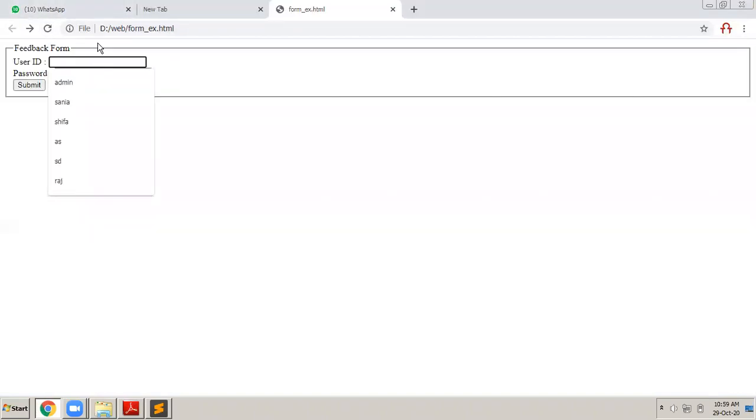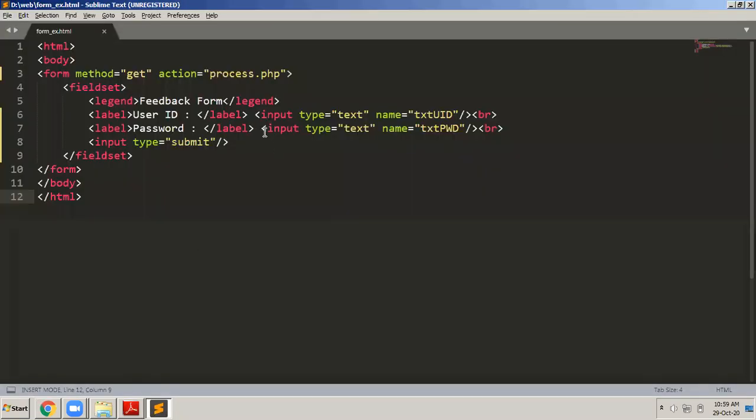So when I type here Raj, and then here I will type test, you can see that in the text box here I'm able to see the password that I'm typing. Why? Because input is still type is equals to text. It's a simple text. It is still input type is equals to text.